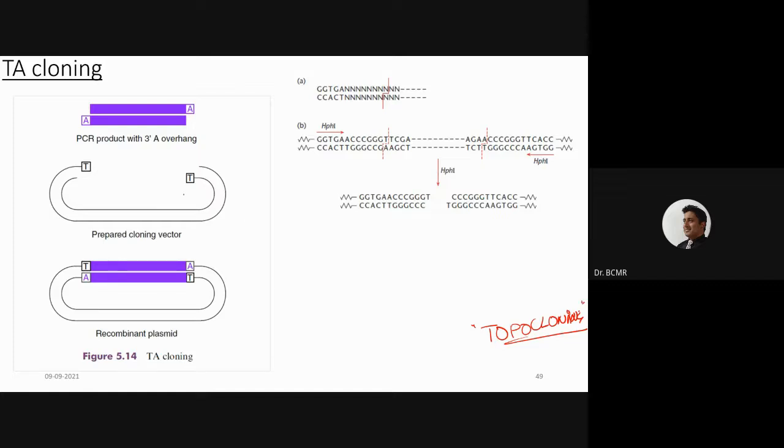So the point is, we will learn about PCR in a while, and we'll also learn PCR at a later time. But right now, we would see what TA cloning is. TA cloning is where we could develop only T as an overhang on the vector, and for the product only A as an overhang, right, then the product is directly